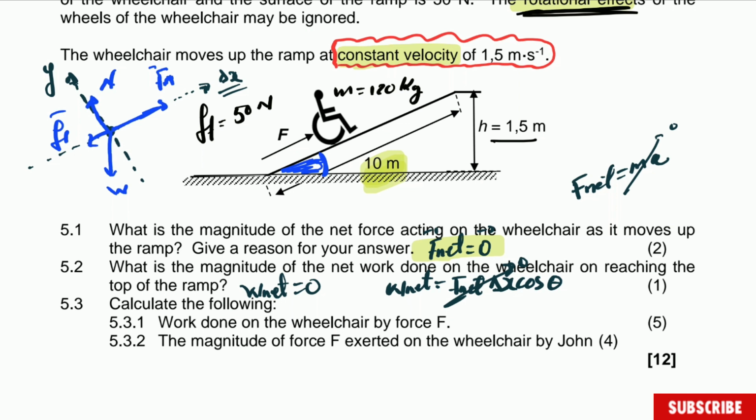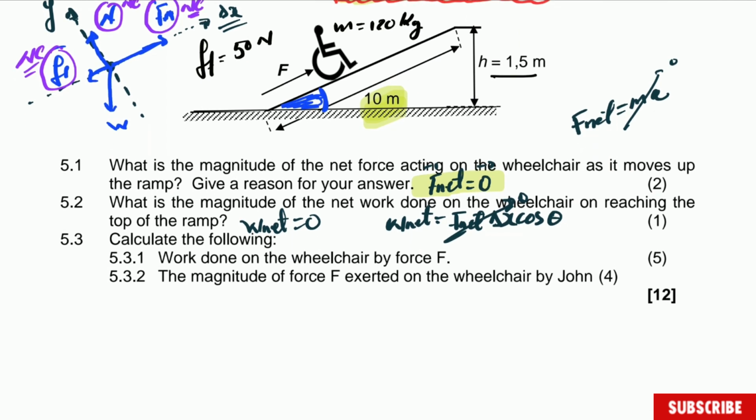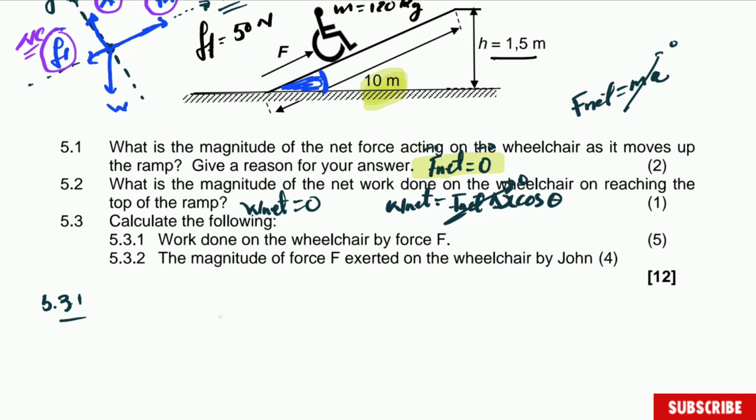No conservative forces are acting here. The applied force is a non-conservative force. We have the normal force, which is a non-conservative force, and we have the frictional force, which is a non-conservative force. Those three forces are non-conservative. So we're going to be calculating the work done on the wheelchair by the force F. To do this one, we are going to be using the law of conservation of energy again. So now here we are going to say